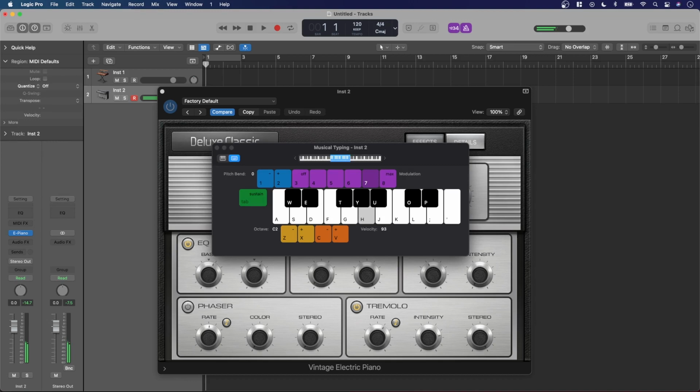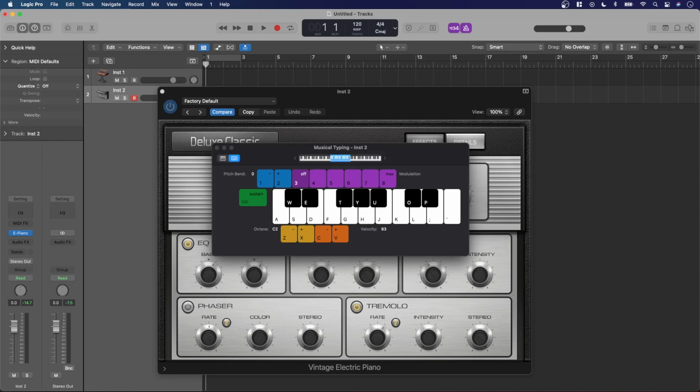And if we don't like the effect of the modulation, we can always press the number 3 to turn off modulation and the tremolo effect stops. It's also worth noting that the modulation is going to affect different parameters depending on what instrument or plugin you use, and it's not always going to be tremolo, it can be something else. But this is just another way to get more performance and flair out of your playing when you're using the